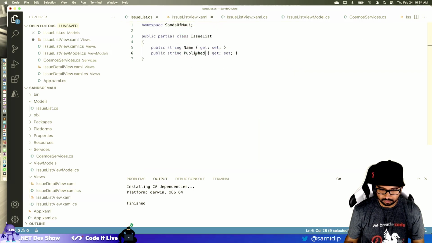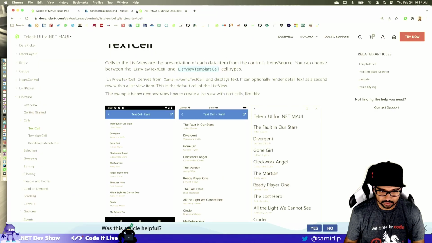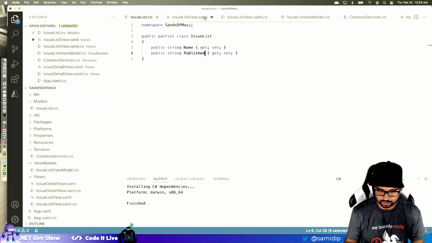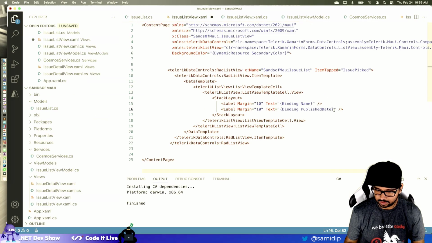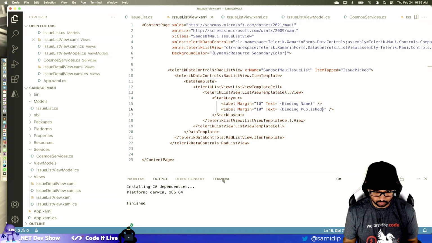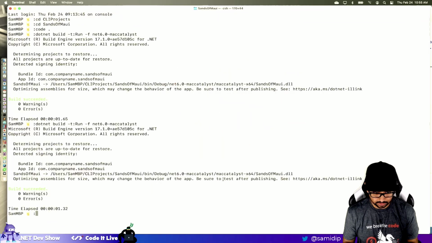No, it's just called published. Ooh, this will be interesting. This is published versus what do I have in the data stores? It is called published. Okay, so we should be fine. So we should just say published. There's no date. Okay, and I'll format it to whatever I want. But let's see what data we are getting back. So let's run this again.